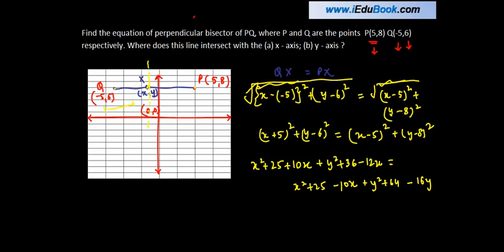We can easily cancel out similar terms. Why? This is because if you move them to the other side, they become negative. This is gone, this is gone, y square is gone, this y square is gone, and nothing else. So 10x minus 12y will give you minus 2y. Minus 10x when it goes to the other side becomes plus 10x, right? Plus 64 will become minus 64 and minus 16y will become plus 16y. Or we can write this as 8x plus 16y minus 64 is equal to 0.